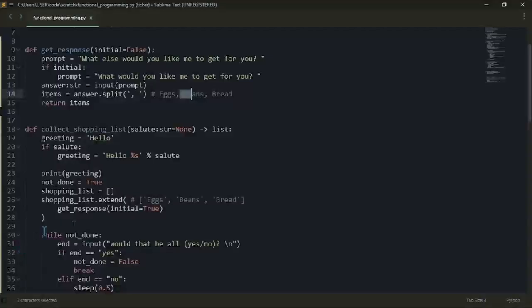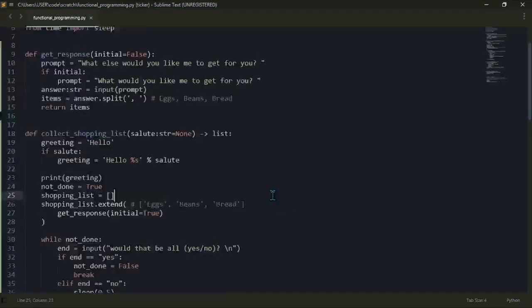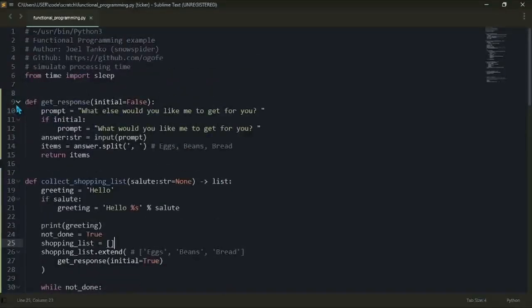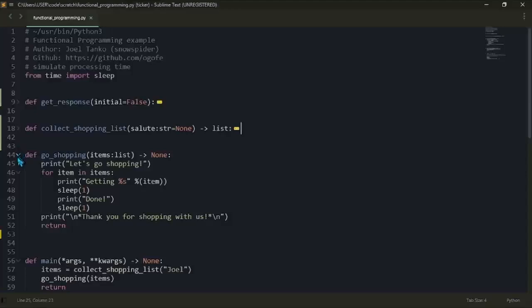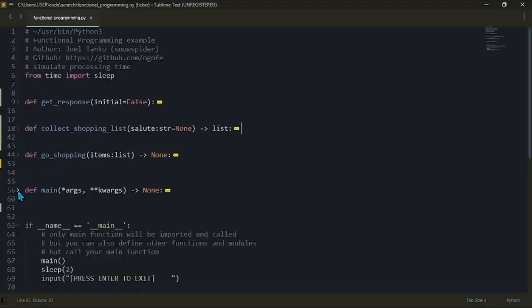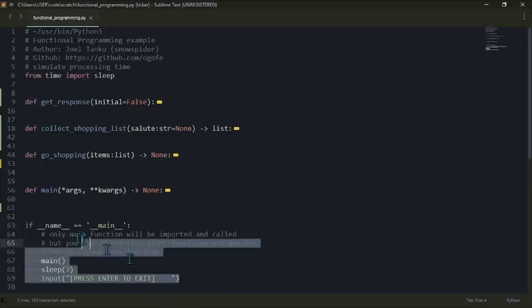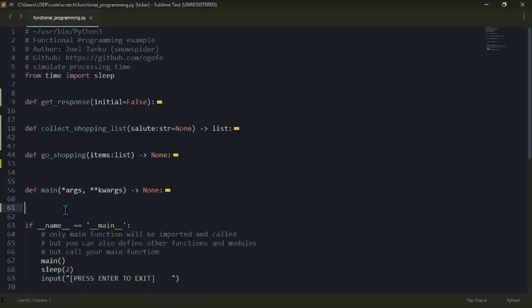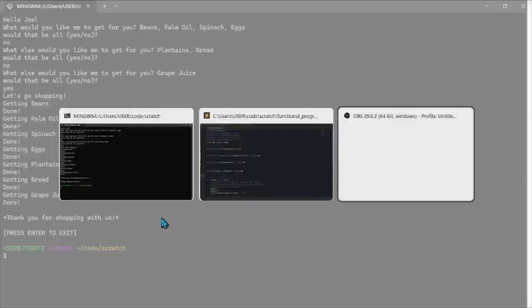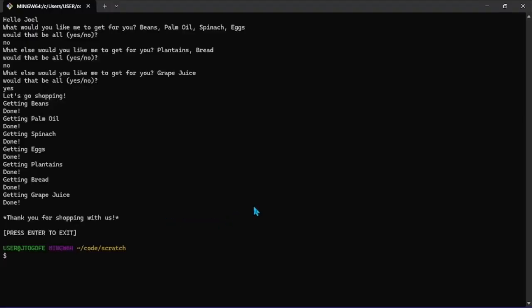So that's basically how functional programming works. As you can see, nothing here is defined outside of a function. Everything is just a function, and we're calling a function within a function, or we're calling the functions all together in this block of code, right? So I hope this helps you grasp the concept of functional programming, at least to